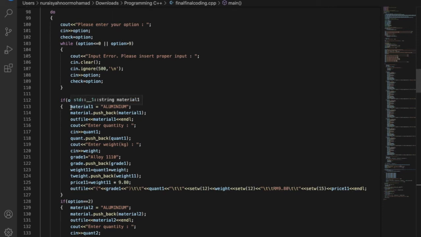So first we declare here material 1 equals to aluminium, and then we store this into the vector material because we're going to use it later. That's why we have to store it in the vector. And then the output file will display the material 1, and then the user will enter the quantity of the material, and this value will be stored into vector quant, and then the user enters the weight, and here we declare grade 1 equals to alloy 110, and this will be stored into the vector grade,